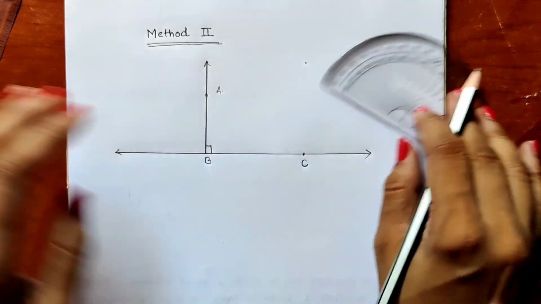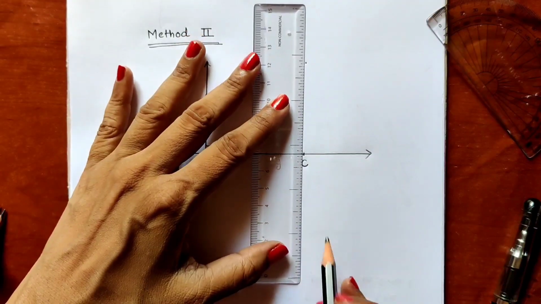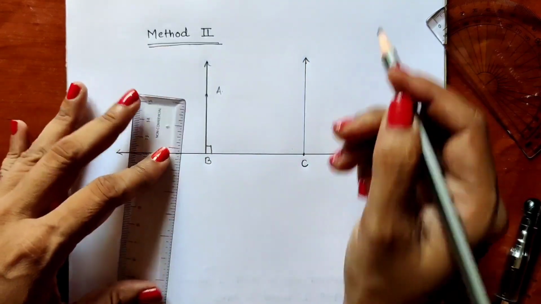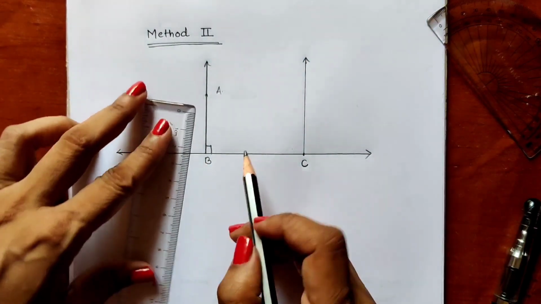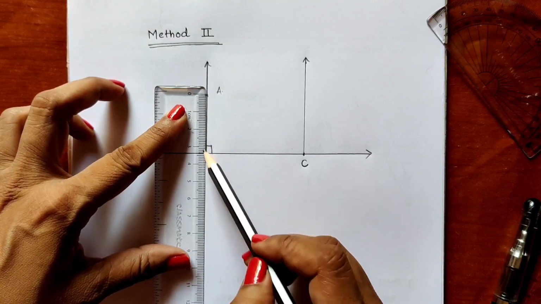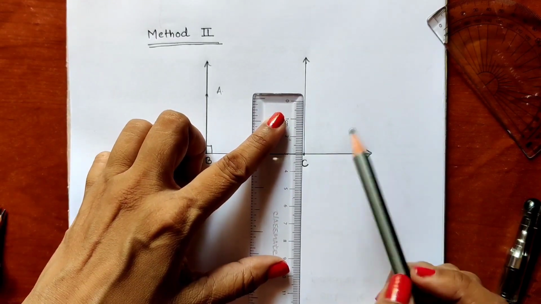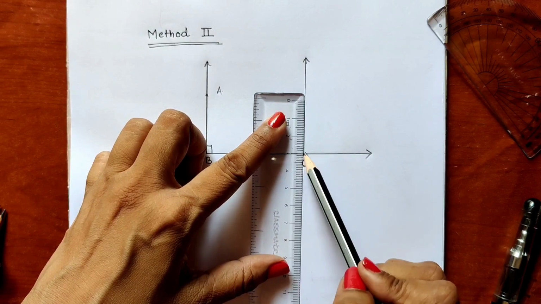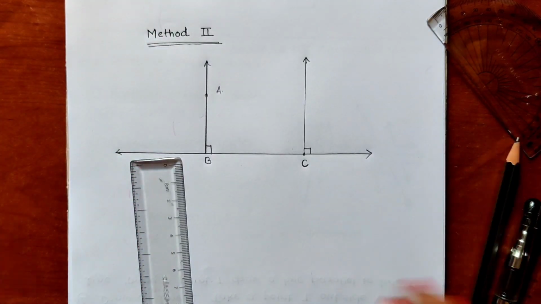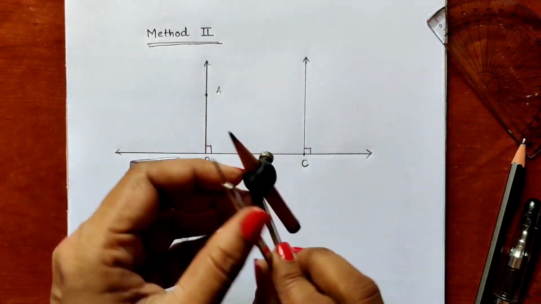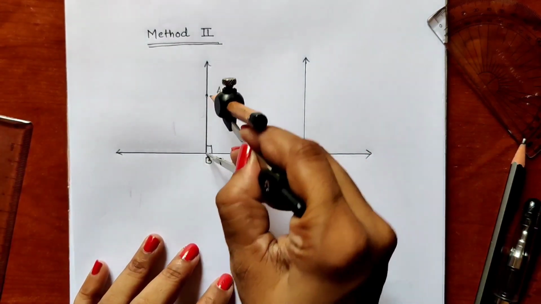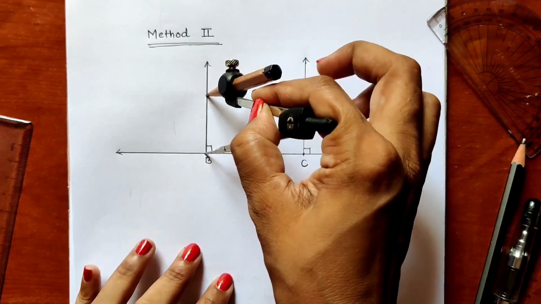At 90-degree angle, one more perpendicular I am going to draw. Okay, now measure this distance BA with the help of scale. Okay, as this is 3.5, we can take here one point which is at 3.5 from point C. Either you can use this ruler or you can use your compass or rounder for measuring this distance. So I will be measuring this distance AB. This much distance is AB.